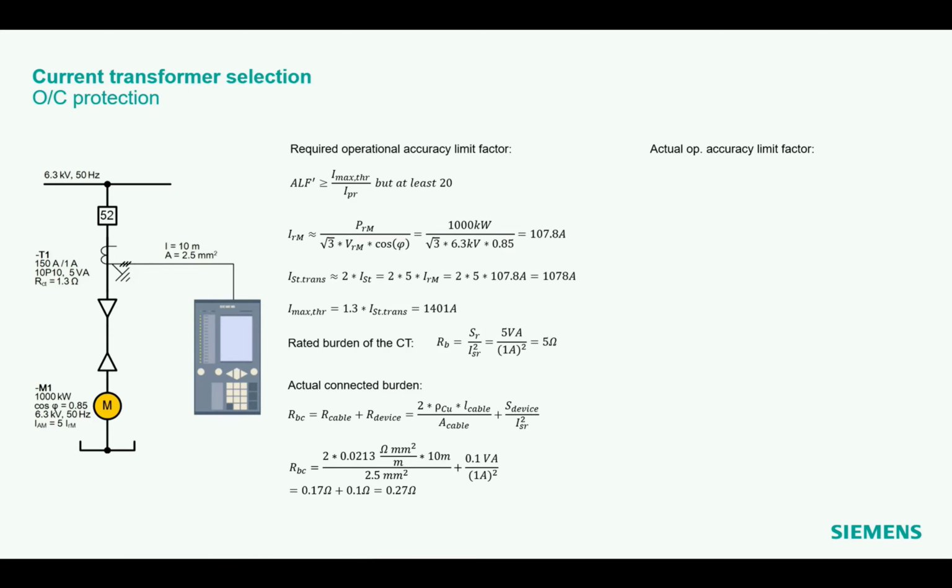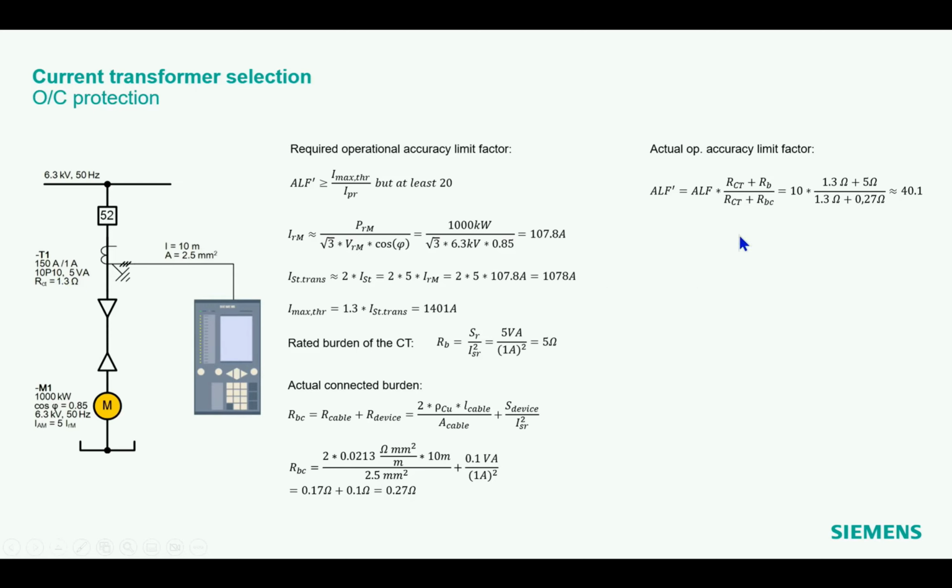Okay, and then we can calculate the actual operational accuracy limit factor. So this is this ALF dash. This is the nominal value. So in that case, it will be the 10. It's the 10 after the P. So I remember that always thinking about, we have also 5P20 current transformers, and then the 5 is the accuracy, and the 20 is this ALF factor. So with 10P10, okay, it's both the same, but you don't know which number is at the end